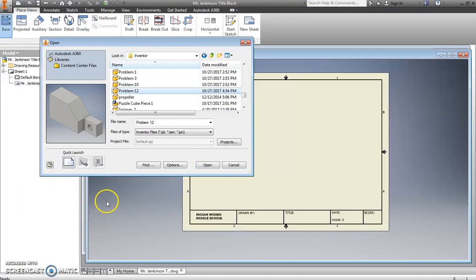Alright, for your assignment, you'll need to turn in problems 11 and 12 that you worked on in class as drawing files. So I'm selecting problem 12 to start with. I'm going to open that,